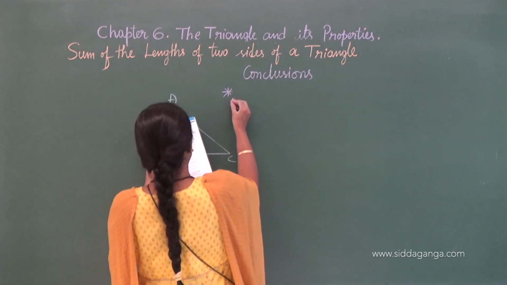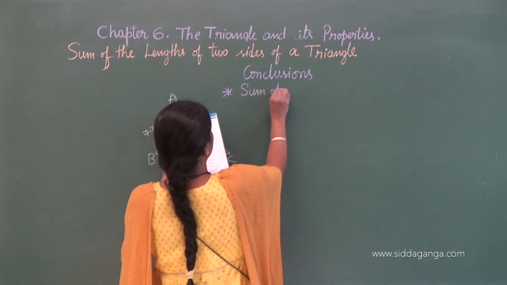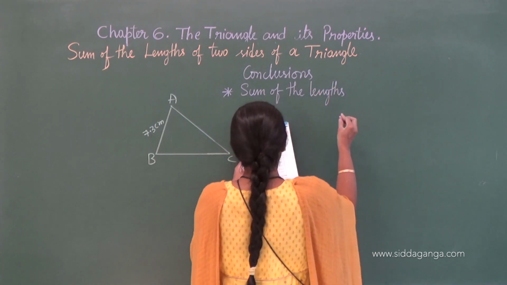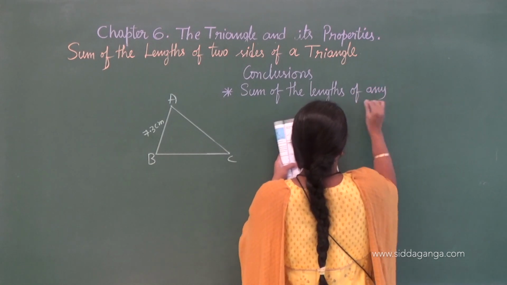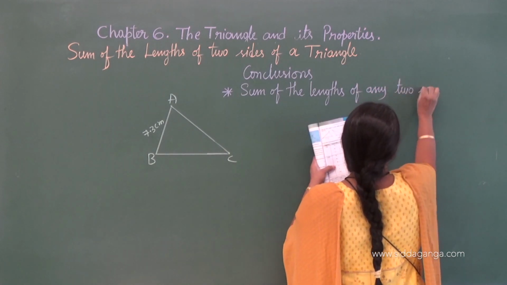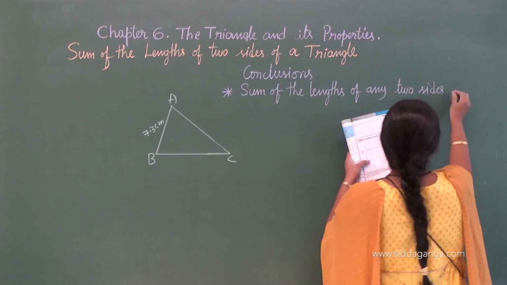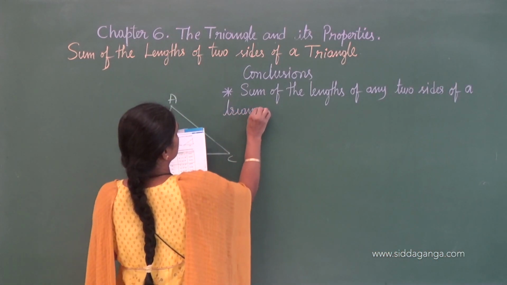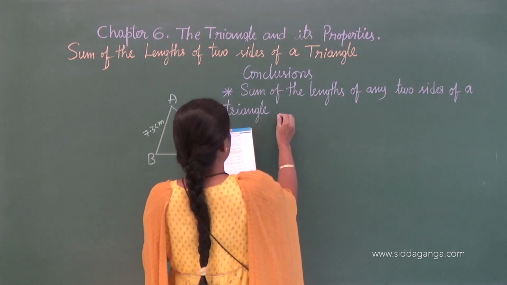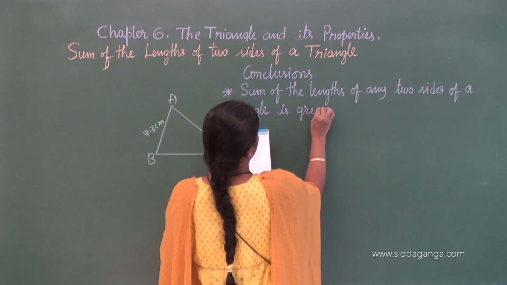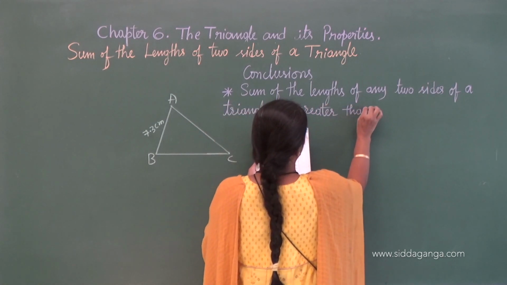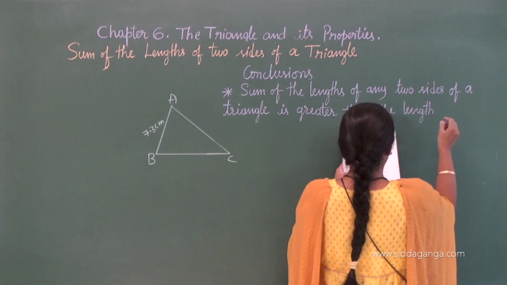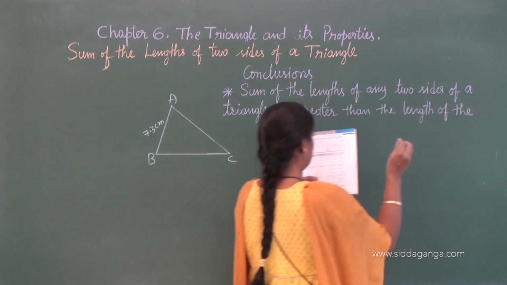First one we can write: sum of the lengths of any two sides of a triangle is greater than the length of the third side,